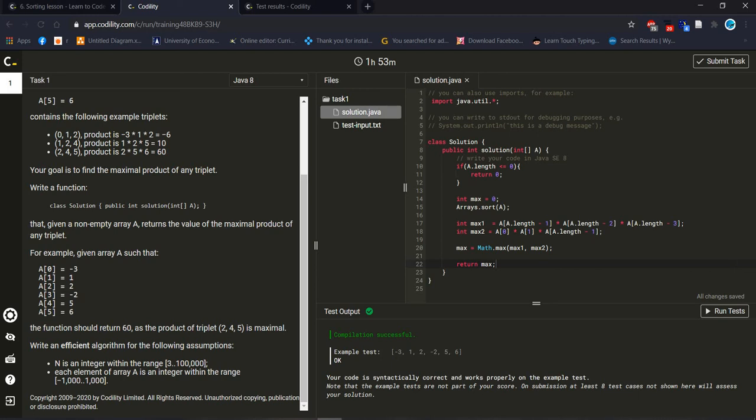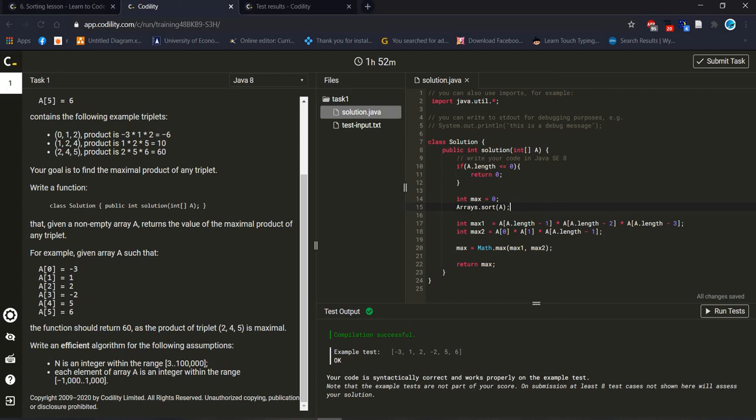Let's go again recap what we did inside the code. At first we check a special case to check if array is empty or not. Later we initialize one variable maximum for getting the maximum value, and primarily we initialize it as 0. After that we sort the array for getting the order, and next we assign two extra variables, and in the first variable we are checking from the right side one by one.